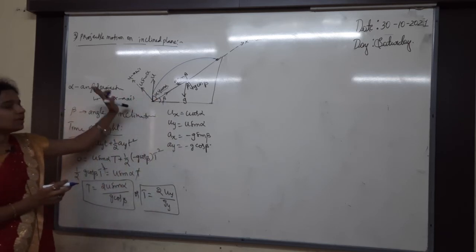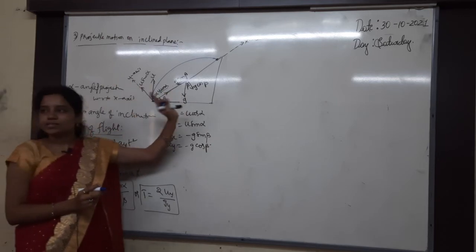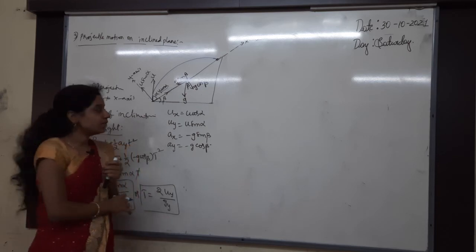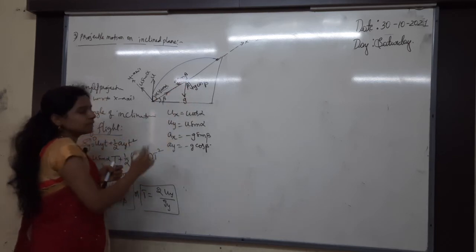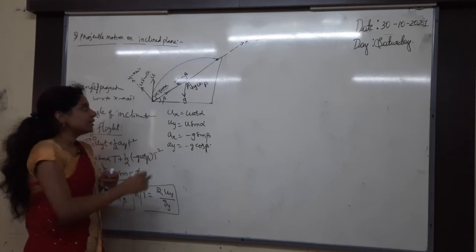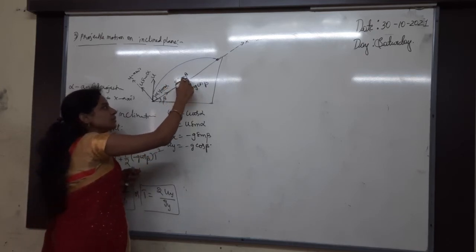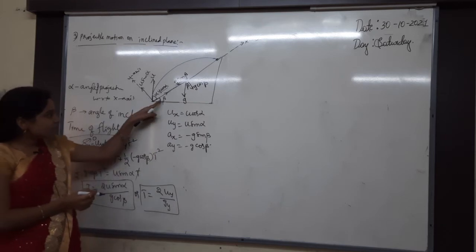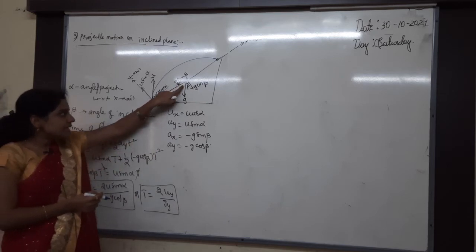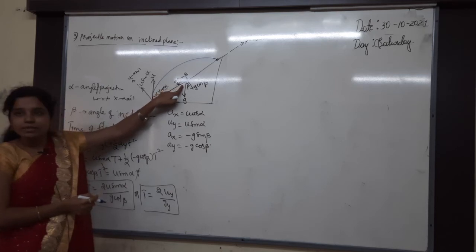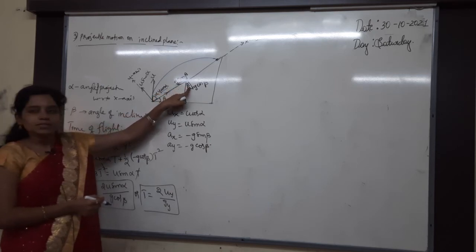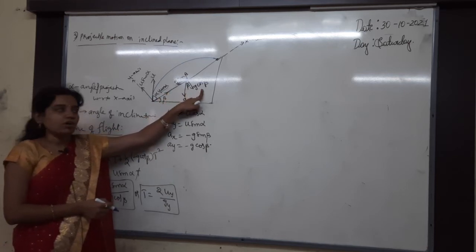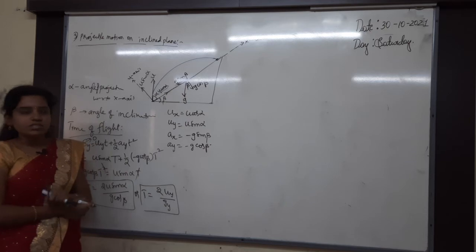Now the velocity is finished. Now we will talk about the acceleration. The body is moving under which force? Gravitational force only. Downwards g is acting, and for that I am taking two components: one along the inclination, another opposite to the inclination. If the angle of inclination is beta, this angle will be 90 minus beta. Next angle is beta. Here g, here beta, so the adjacent component will be g cos beta, and the opposite component will be g sin beta.